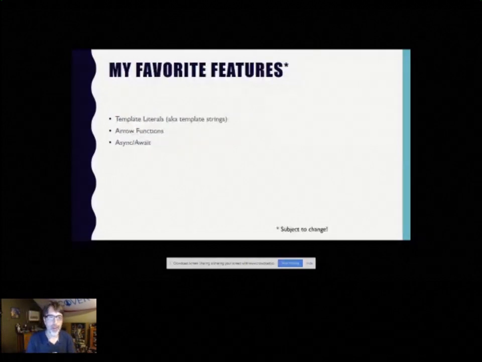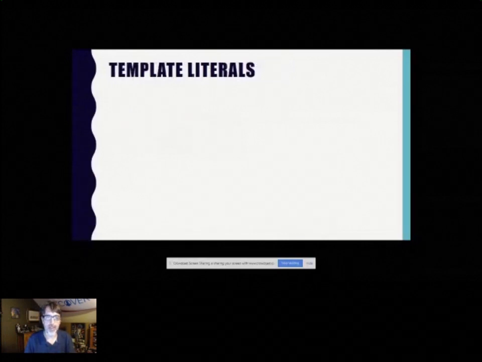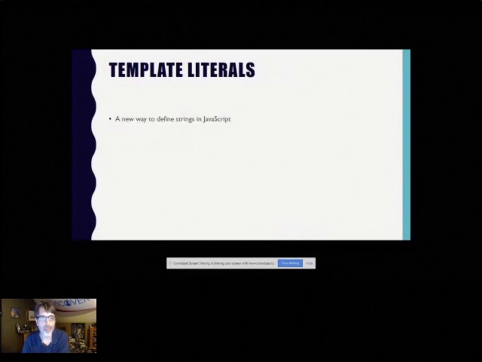So real quick to wrap up, I'm just going to point out 3 real quick examples of things I like about more of the modern JavaScript. And this actually covers ES6 and ES7. Again, there's more, and I reserve the right to change my mind later on about what I like the best. First one will be template literals. And this solves a great problem.